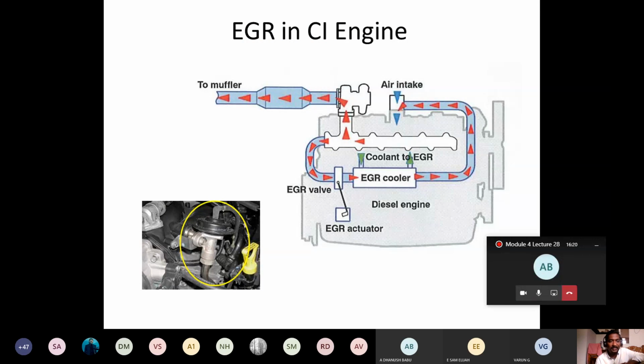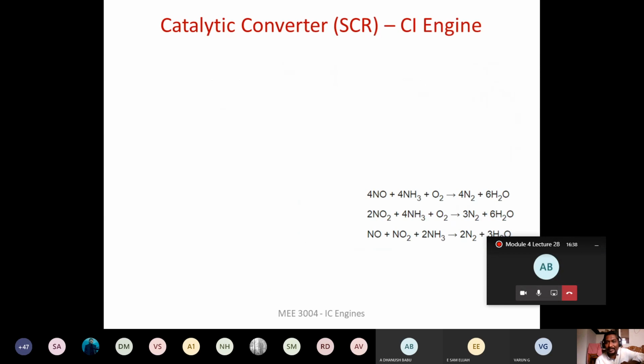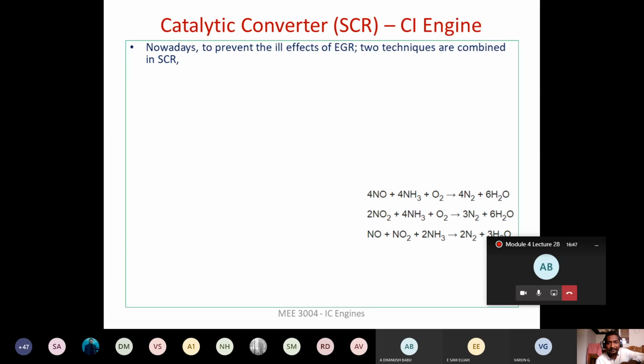So the next step is that they decided we should have a better performing engine, and in turn we have to reduce the NOx. Both have to be accomplished. To achieve this, the next evolution in emission control is selective catalytic reduction, SCR. So here we are going to have the diesel oxidation catalyst.